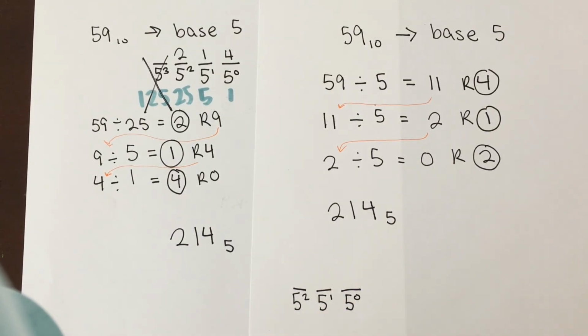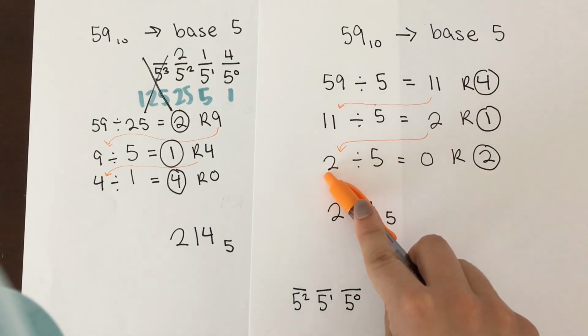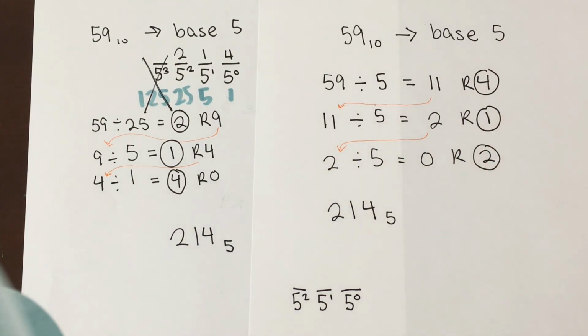Finally, we repeat the pattern. 2 25 chips is not enough to make another power of 5. So 2 divided by 5 is 0 with a remainder of 2. And that means we have 2 25 chips. For both, we end up with the same answer as we should, but it's just 2 different ways of thinking about converting from base 10 to base 5. You can use this method for other bases. I just used 5 so that we could use the poker chips as an example. And you can do it for numbers that have far more digits than 2,